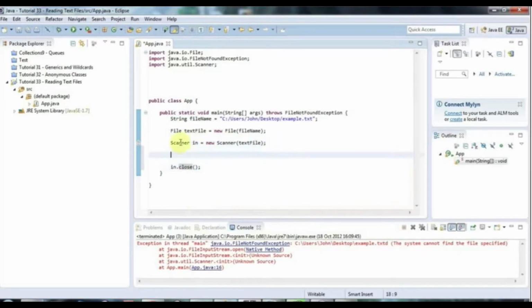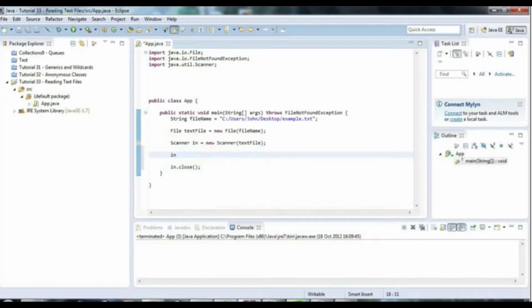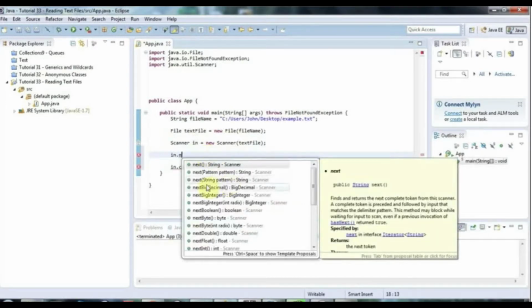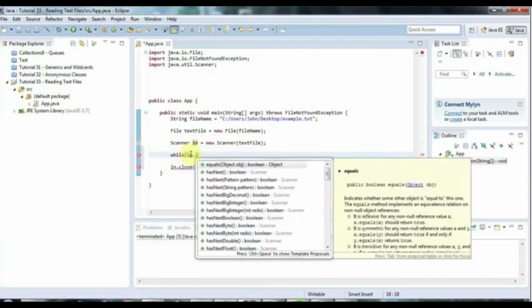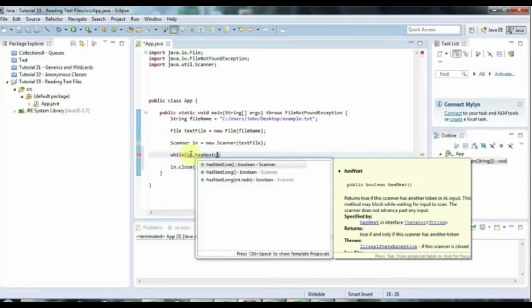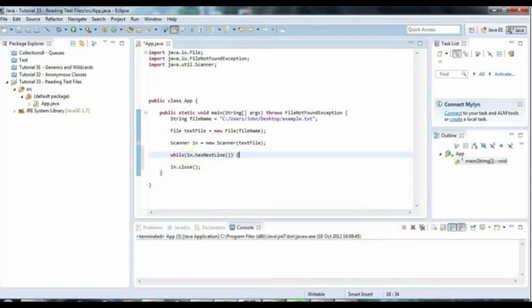And now we can read this line by line, and you can read data from your file using a variety of methods from the scanner object. If I type in.next here, you can read integers and floats and all kinds of things from your file. But what I'm going to do for the moment is have a loop that reads the whole file line by line. I'm going to say while in, which is my scanner, hasNextLine. In other words, while there is another line to read, I'm going to say String line equals in.nextLine()